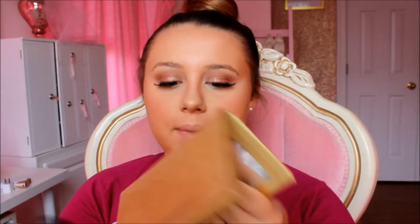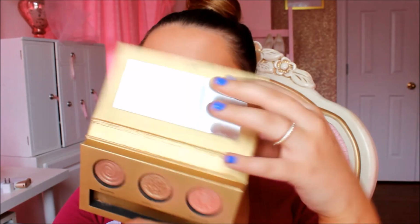Okay, so I am using the Laura Geller Gilded Honey Highlight. This is just in the Baked Gelato Swirl Illuminator palette, but these are just little samples of the Laura Geller highlights. But Gilded Honey is my absolute favorite in this palette. I use it all the time. I absolutely love it. I mentioned this in my favorites, and Desi uses this all the time, so I'm just gonna go ahead and apply that